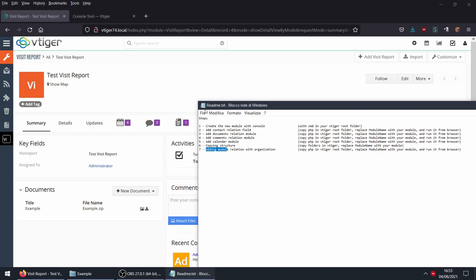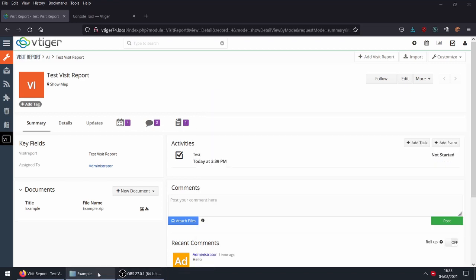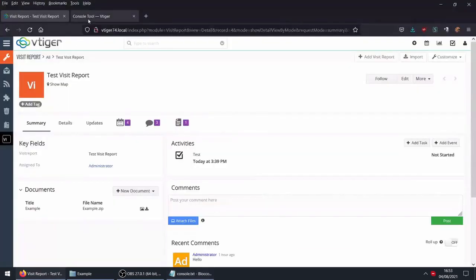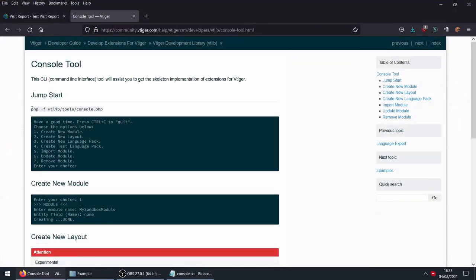So let's start creating the new module with the console. I have this console.txt in my example folder. You can find the usage links, the community usage, but I brought you here the basic command. Let's copy the command